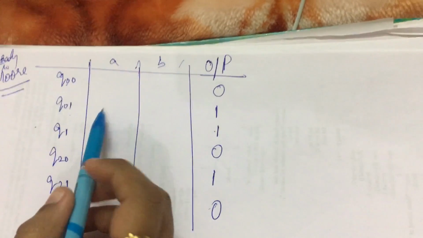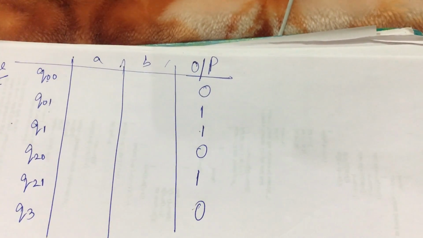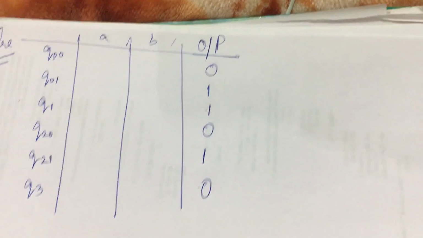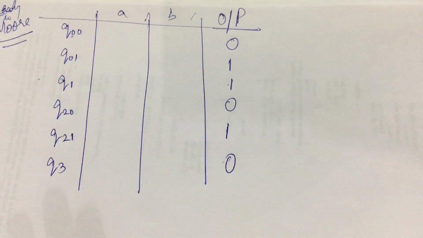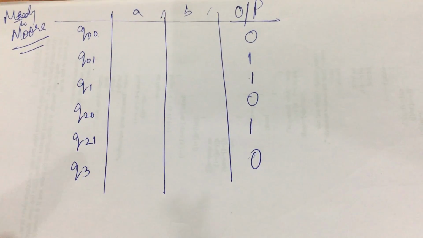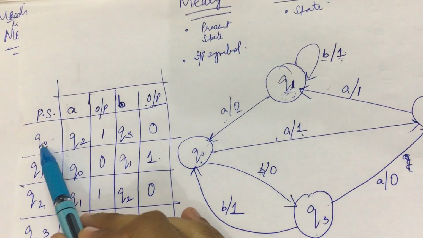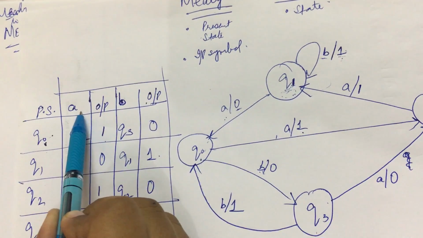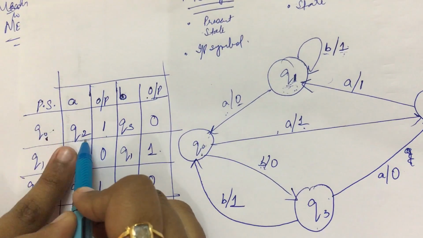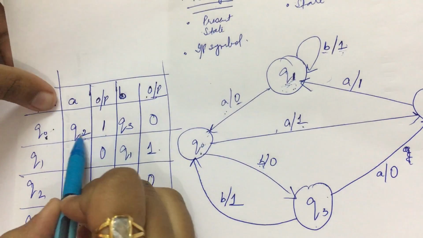Okay, so what I take is, this you have to see very, very carefully. Why? Because here people get mostly confused. Students generally get confused over here. So what we'll take is, we'll see Q naught. When given input symbol A, it was giving me Q2, which was giving me output 1. Okay. So Q2 1.